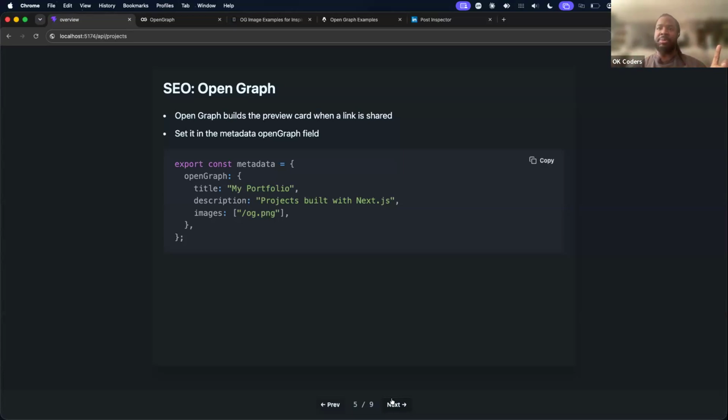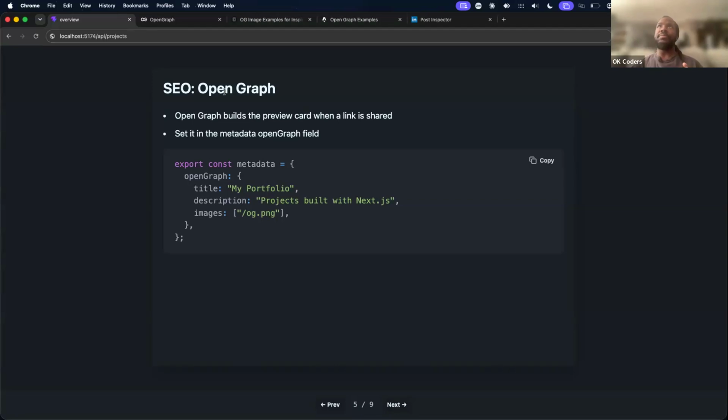It's not necessarily the website itself, but it shows a cool little graphic or something like that. When you see what looks like customized links,